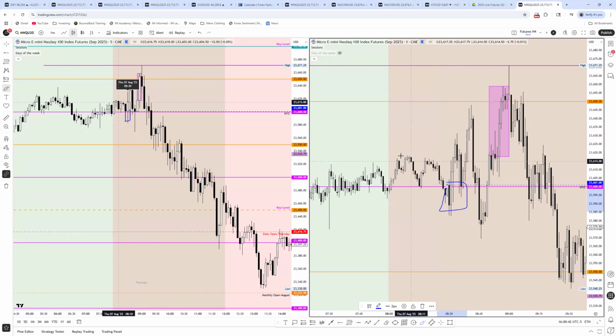Now, inside the first sign of weakness, what I'm looking for in that second candle is the 1 minute mitigations, right? So essentially what I mean is something like this, right? I'm looking for this type of area to form inside that 5 minute candle, right? So it's going to look just like this, lower low, lower high, right? And so I'm trying to get the best spot for that area also by counting down from the risk, right? And so a 20 point risk would have been 23,650s, right?